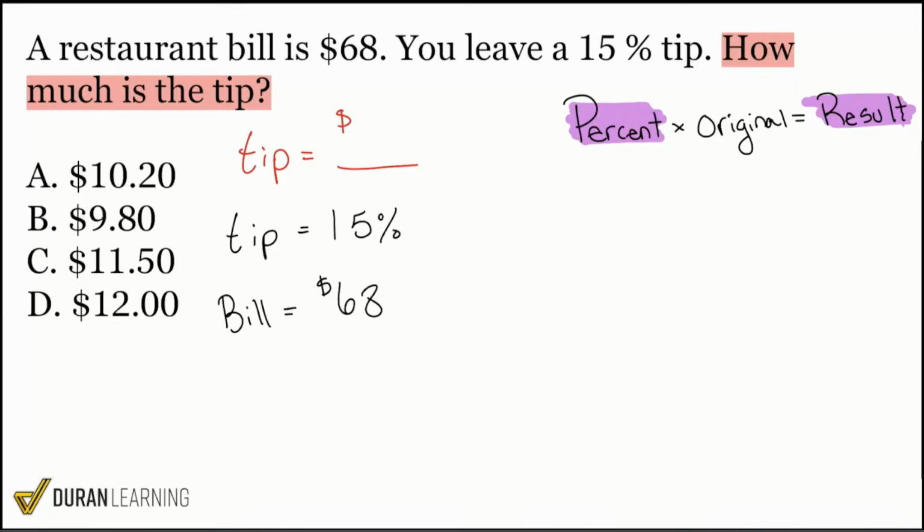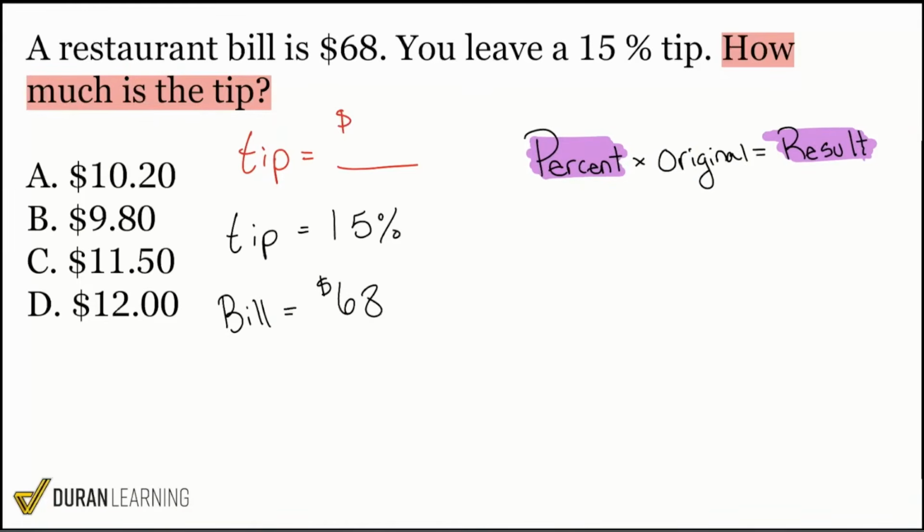So everybody, quick question. If I'm looking at what I want, give me one word, or 2 words actually. What am I trying to find at the end of the day? In this specific problem, I want the result. And that result represents what? Yeah, it represents the tip. So if I am to try to find the amount of the tip, what this means, everybody, and I hope that this opens some eyes,